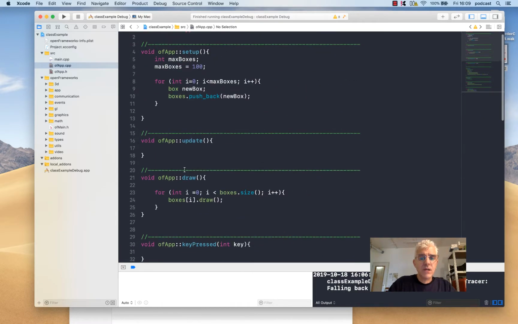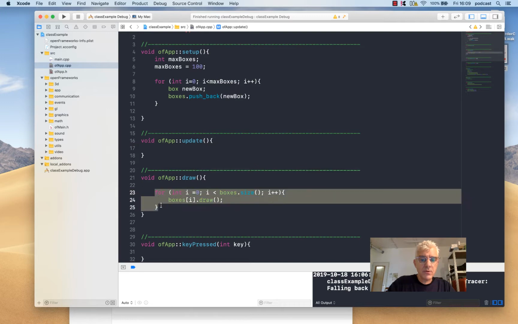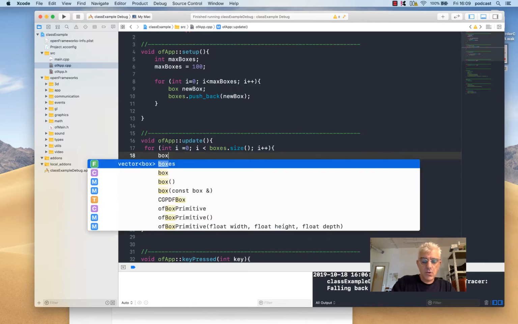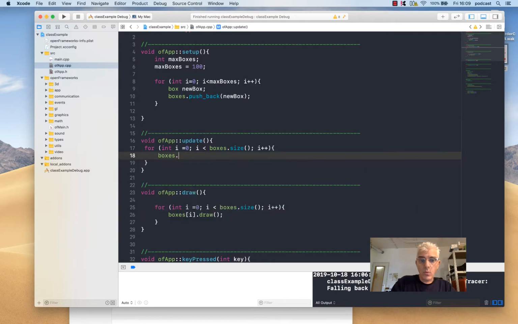And I'm going to say on update, let's make the boxes wobble all the time. So again, like we did in our draw loop, we're going to loop through all the boxes. And this time we're going to say boxes in the list, wherever we are in the box list, number i. And as you can see, Xcode's picked that up from the header file. The boxes know how to wobble. So we'll just send this command to wobble to each of the boxes on the update. And if I run that now,